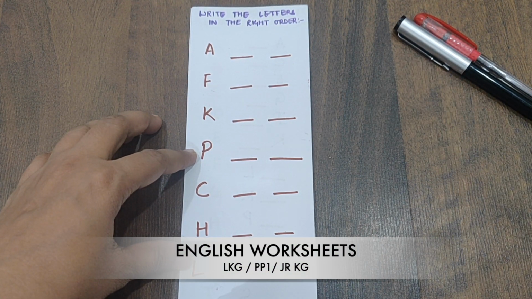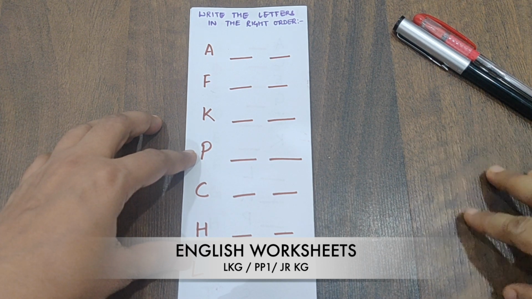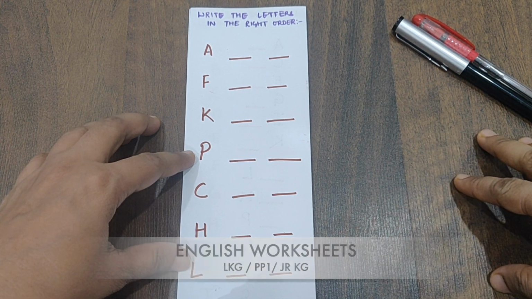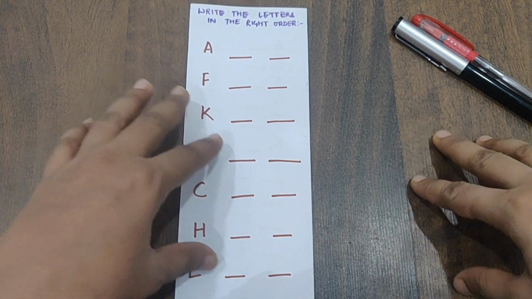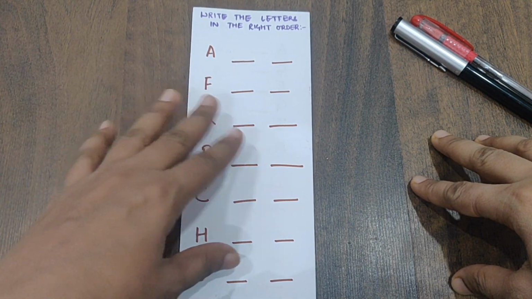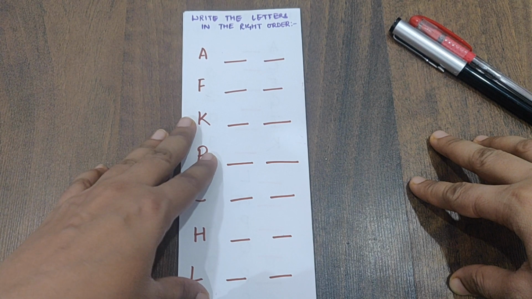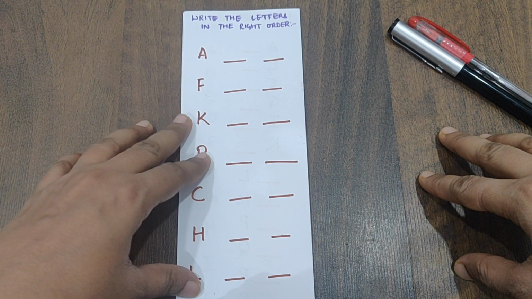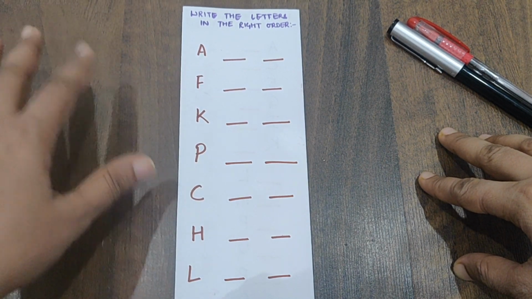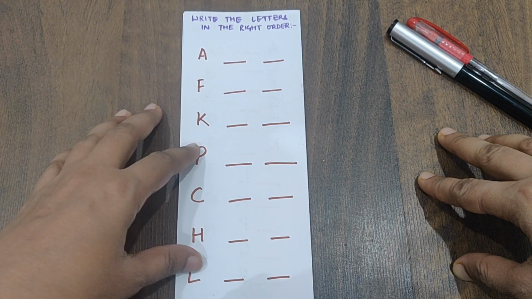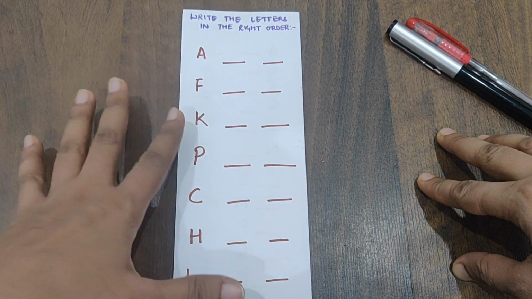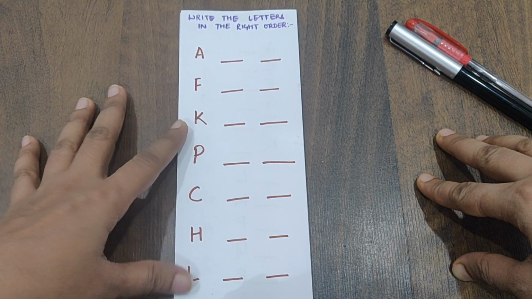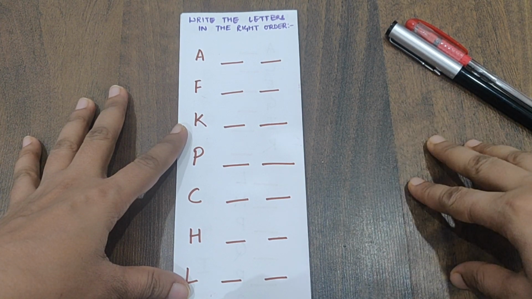Today I am going to share LKG English worksheets for all of you, whereby I would be sharing almost all the topics which you can cover for this entire academic year. Whatever I am going to present right now would be a combination of DIY worksheets, that is, you can do it yourself at home, and also a combination of certain worksheets whereby you can take the printout by searching the same topics on Google. So today's video is all about LKG English worksheets, that is lower KG PP1 English worksheets, a combination of DIY and printout worksheets.